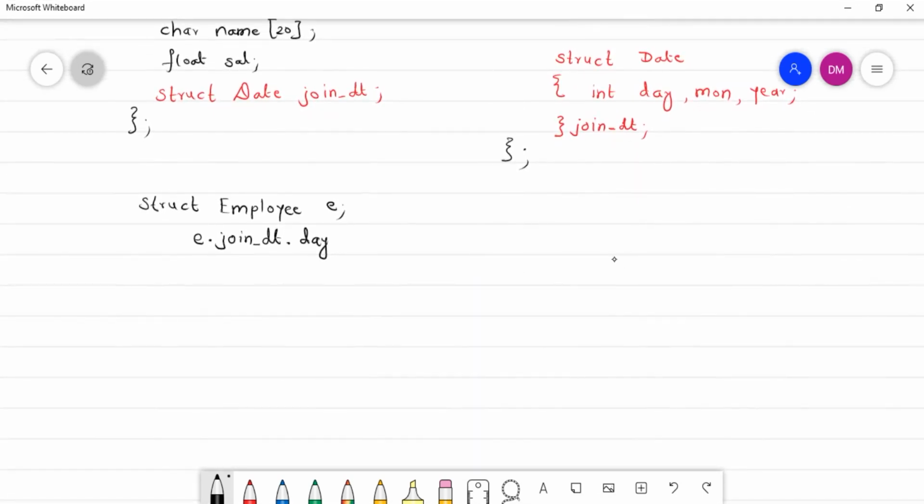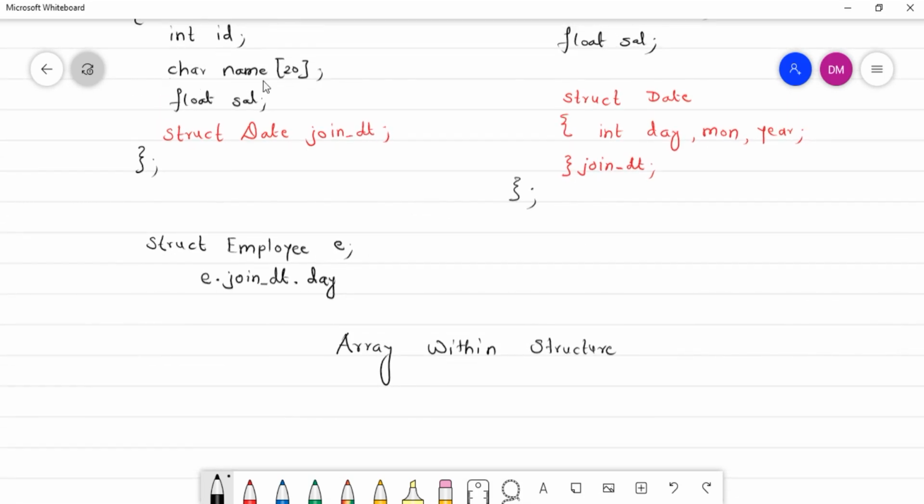Now let us see the concept of array within structure. It is also a form of complex structure. So you might say we already use array within structure, right? As you can see here, we already use a character array.